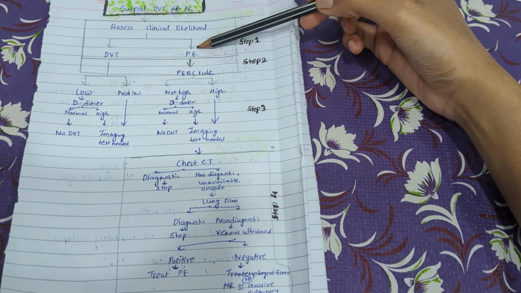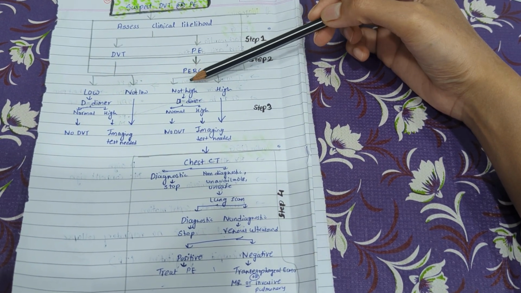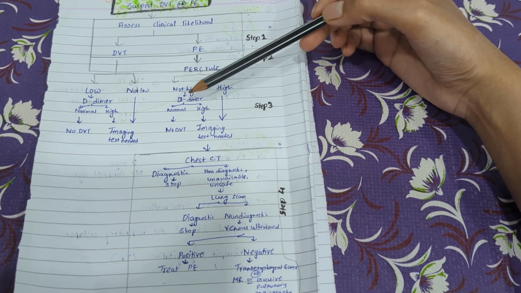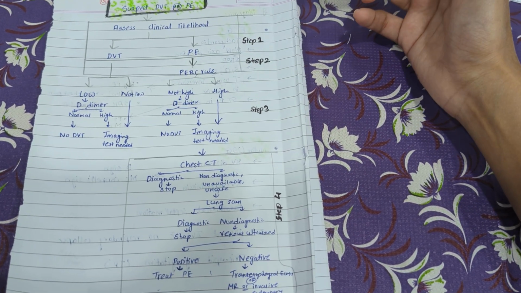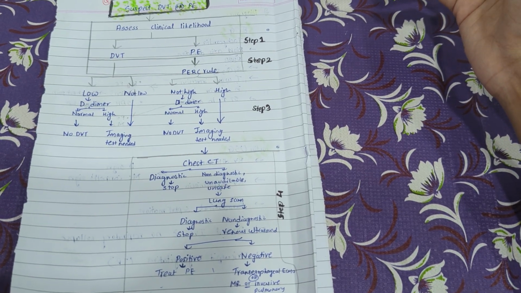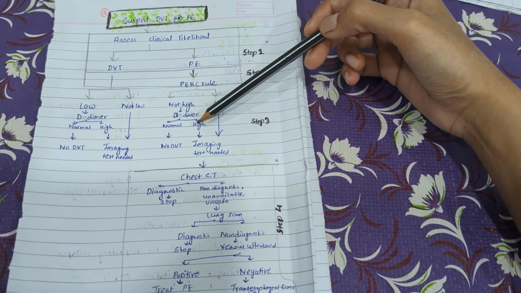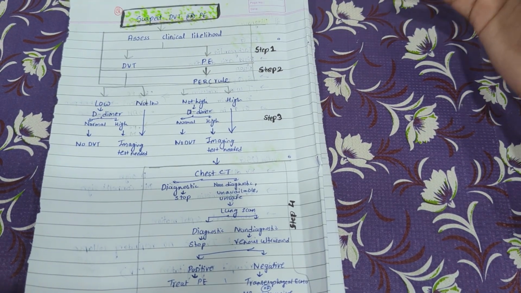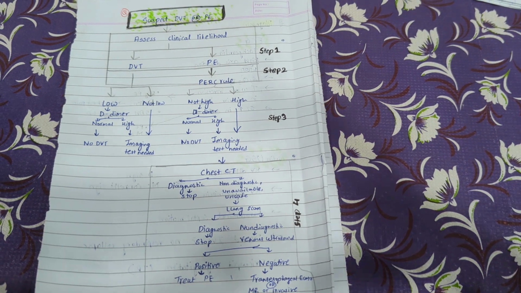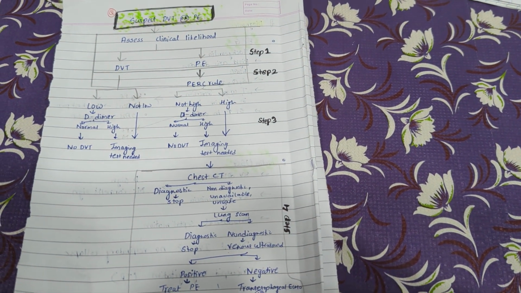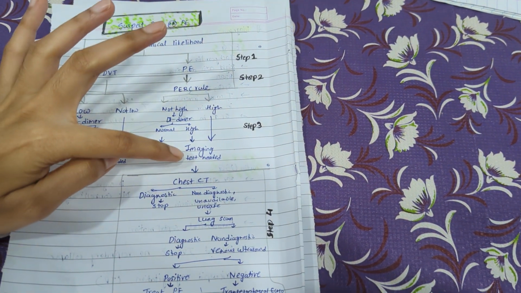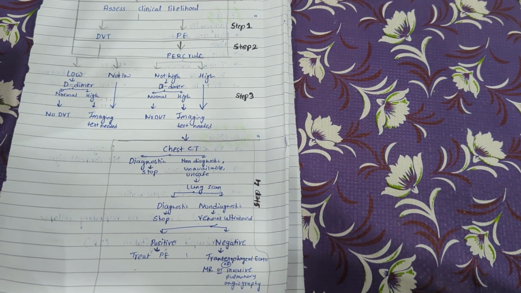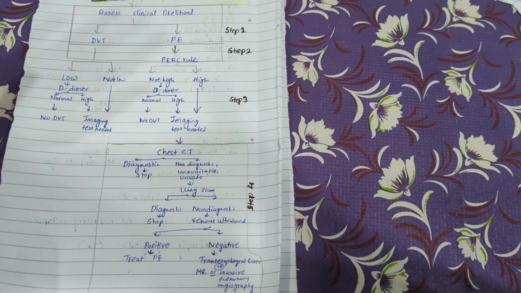If you don't have that much high suspicion to call it pulmonary embolism, get a D-dimer done. If it is normal, then there is no DVT, so less likely to be pulmonary embolism as well. But if D-dimer is high, then you have to do an imaging study to tell whether the patient has PE or not. Or if your pulmonary embolism suspicion is very high, then still you will get imaging done to label whether the patient has pulmonary embolism or not. So step 3 approach is this.